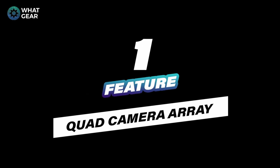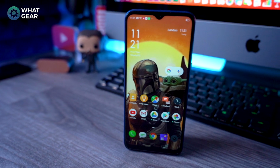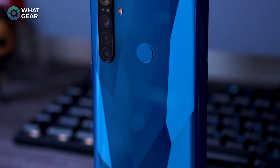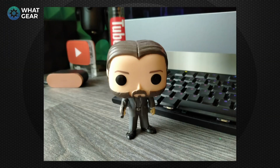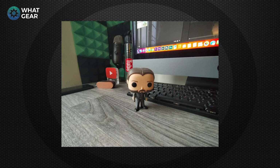Number 1, the quad camera array. The Realme 5 comes in at under 170 euros at the time of this video, which places itself firmly in the budget smartphone category. But this phone has more shooters than the majority of flagship smartphones out there today in 2019. It comes with a 12 megapixel primary, 119 degree 8 megapixel ultra wide and a 2 megapixel depth sensor,